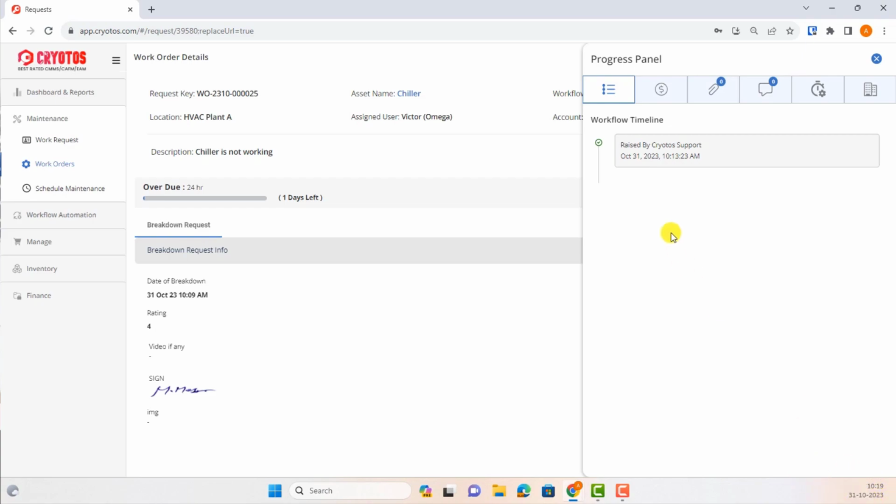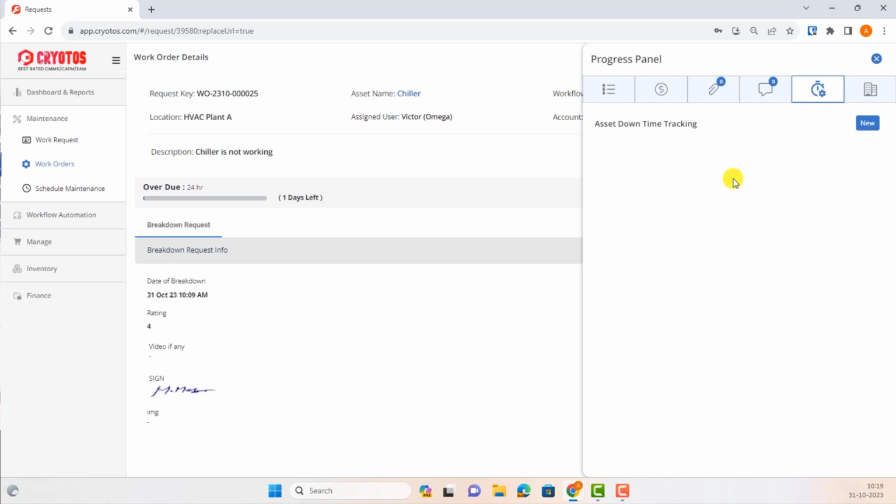So physically the work might have taken 1 hour or 2 hours or 5 hours to complete. So in that case, we have to take the physical timing which has been taken to complete a work order. So that option can be done using the asset downtime tracking. So here you can add the asset downtime tracking when a work order is getting closed. So you can mention the time, the system will pop up a message and you can give an asset downtime